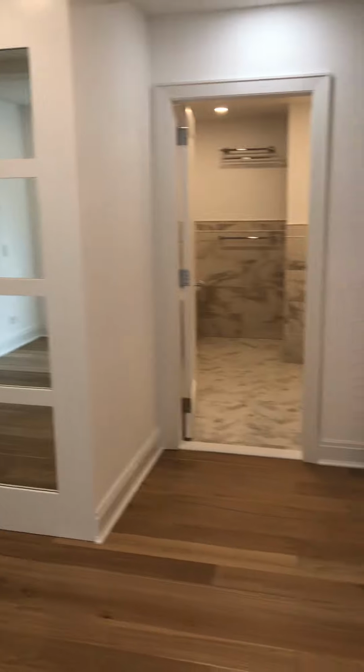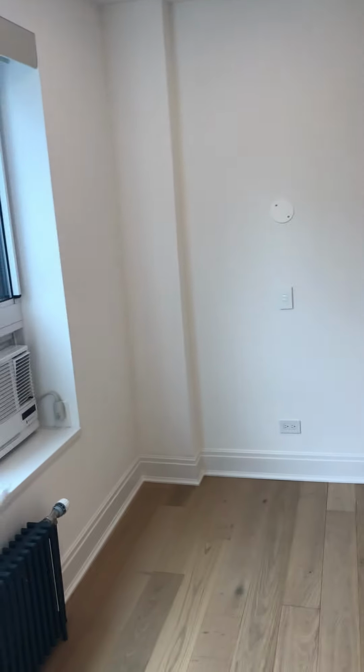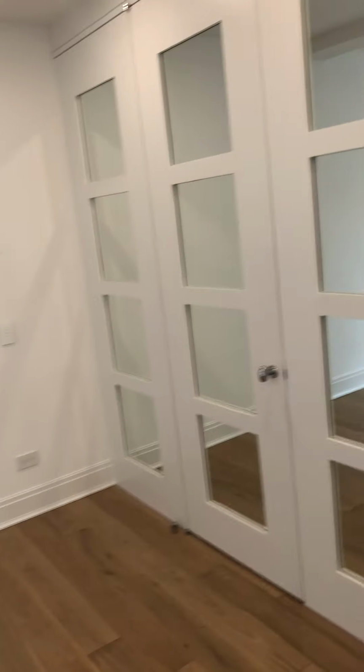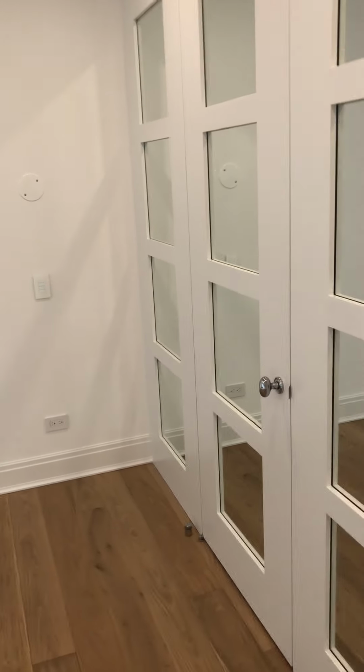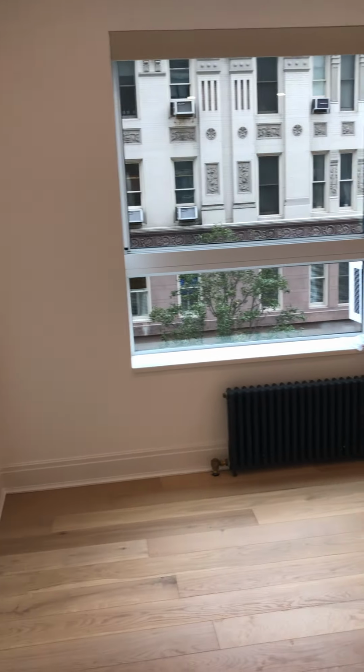And this is the master suite that had this grand idea, which we, I think, executed fairly well. The owner still doesn't know what she wants to do for pocket lights, but it's pretty large. As far as a master suite goes, it's fine for this size space and scale. Again, all new radiators. There's going to be more built-ins in this room, but I think what's most important is